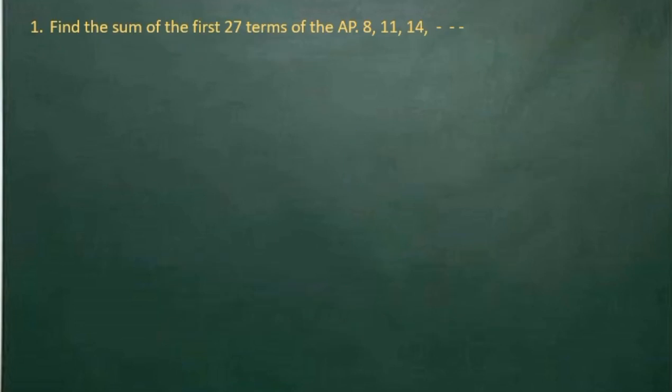First, we have here, find the sum of the first 27 terms of the arithmetic progression 8, 11, 14, and the sequence continues. So, from the given question, we know that the first term a is 8 and the common difference d would be 11 minus 8, which is 3, and the nth term is given to be